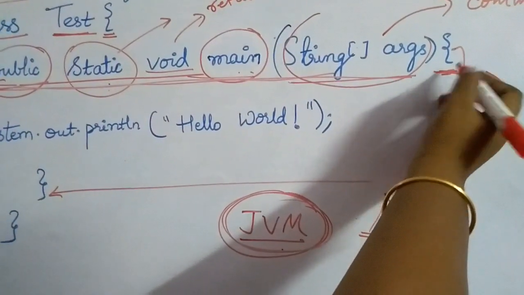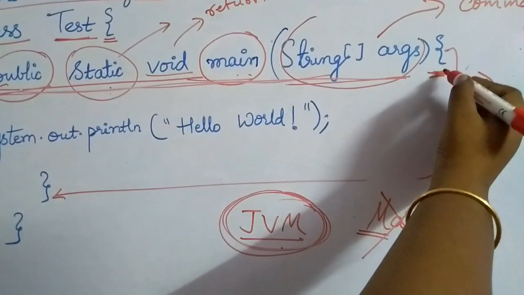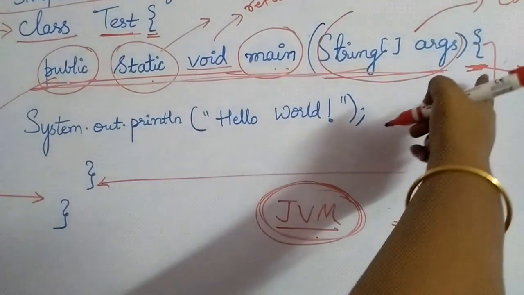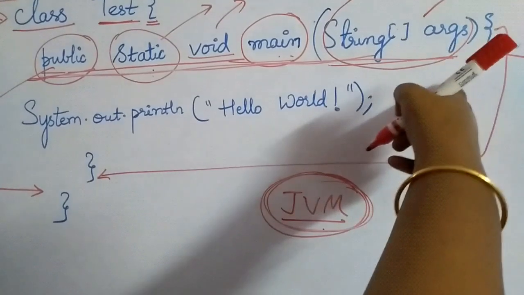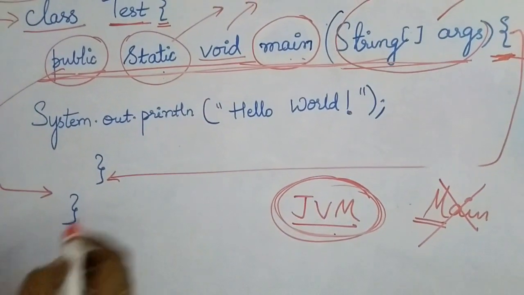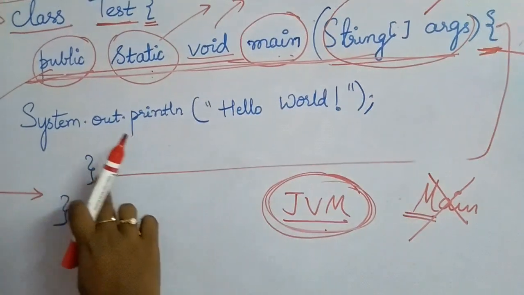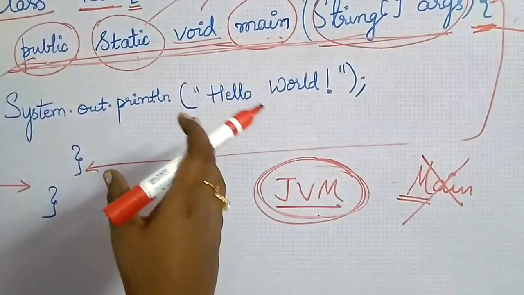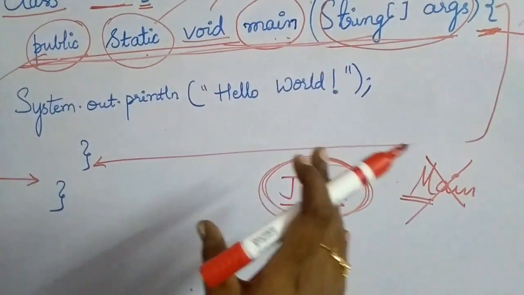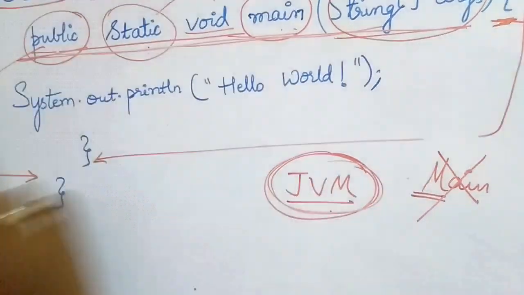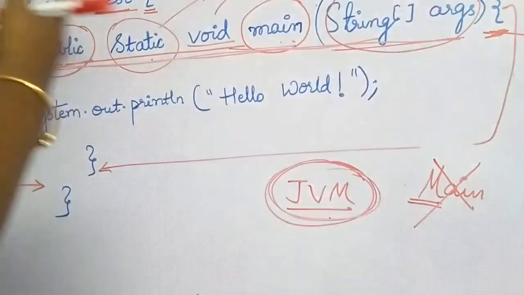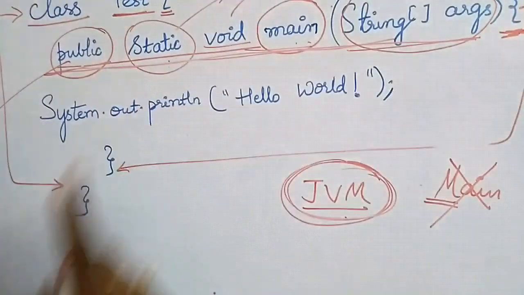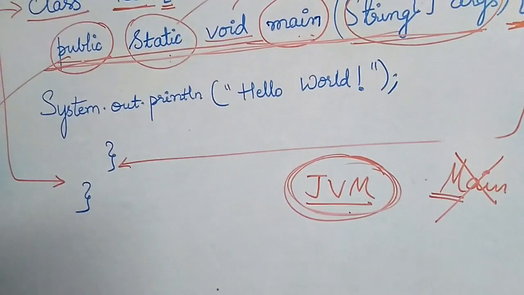Next is this open bracket. I already told you that this is the bracket which marks the starting of the main method. This indicates that the main method is going to start from the next line. Inside this open bracket and close bracket, inside this method, you can create objects, you can have certain logical structures, anything that you want you will be putting inside this main method. You can have n number of other classes as well, but there should be one class which will be having the main method. Hope everybody understood what the main method is.